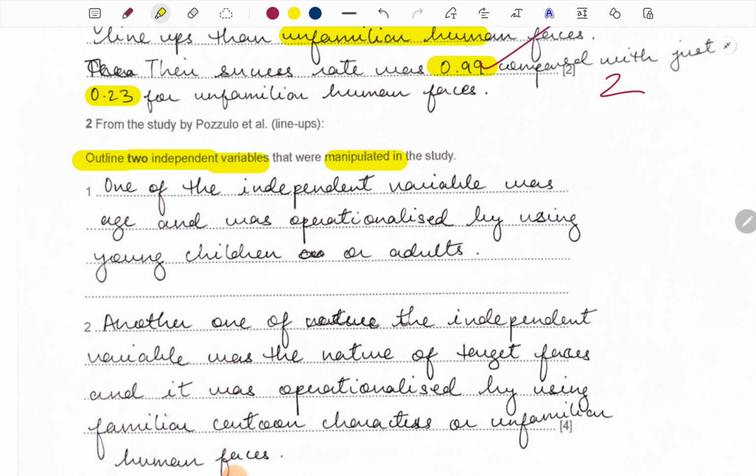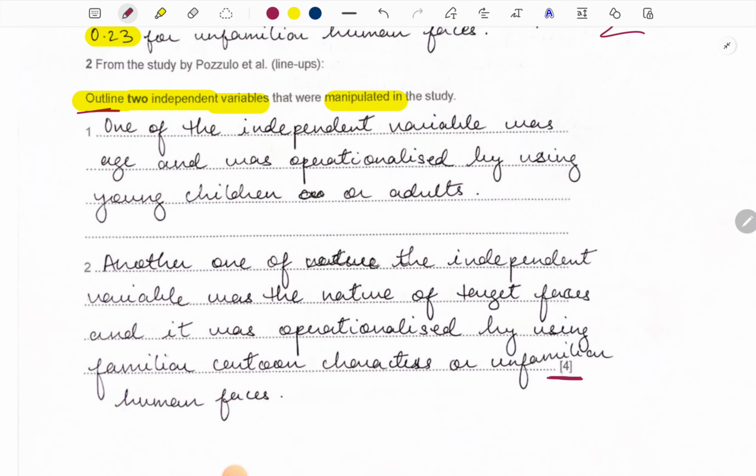First, let's look at the command term. Outline means we just have to specify. Looking at the marks, 4 marks, we see that each variable has to be written for 2 marks. Now, just naming the independent variable